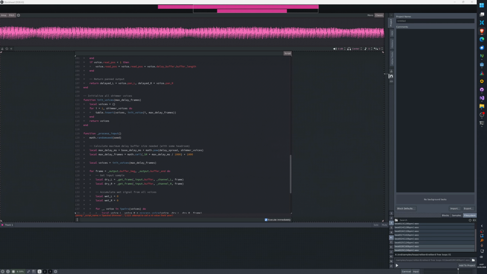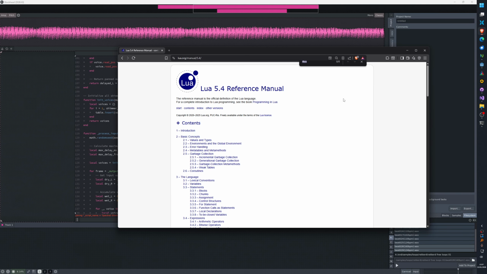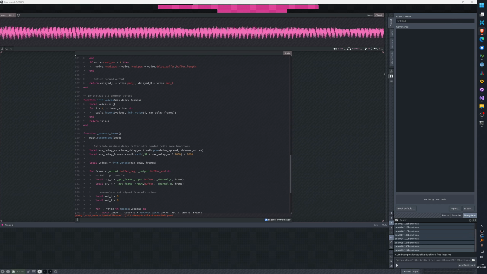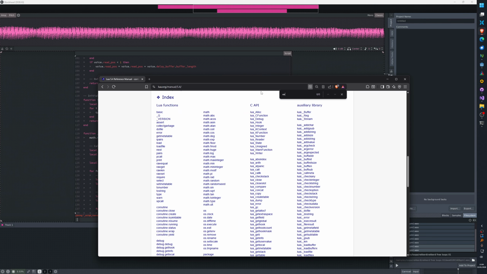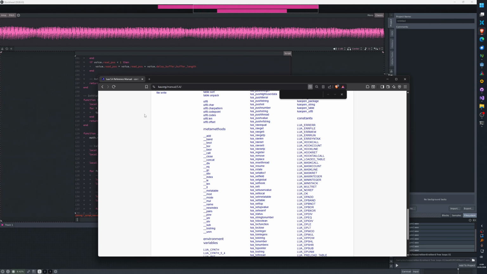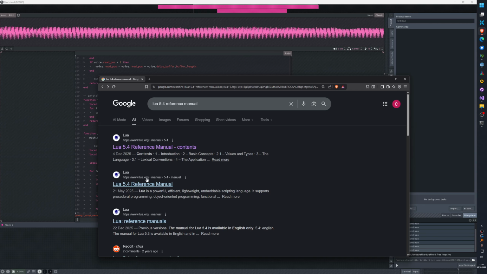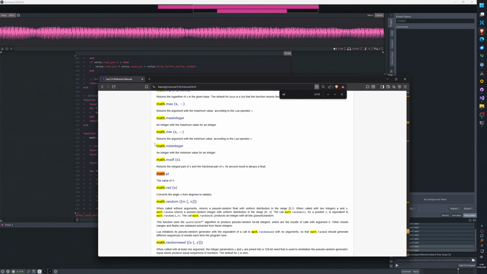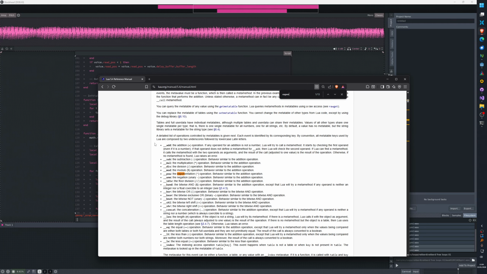What do we have? Math.pow. It's because there's an actual operator, right, in Lua, I think. The exponentiator. Oh, this is not the full math.pow. Exponentiation.